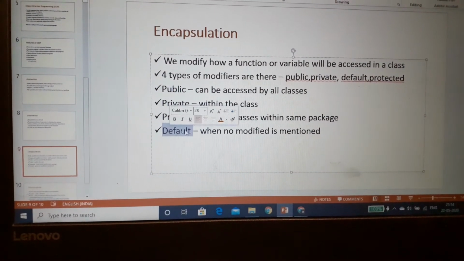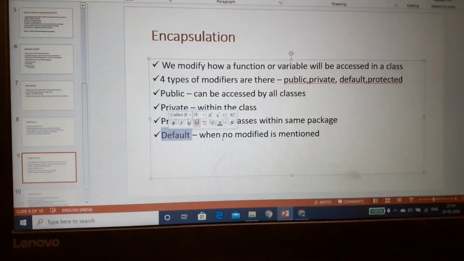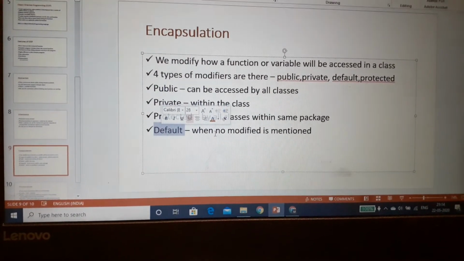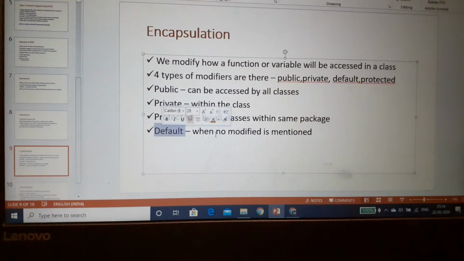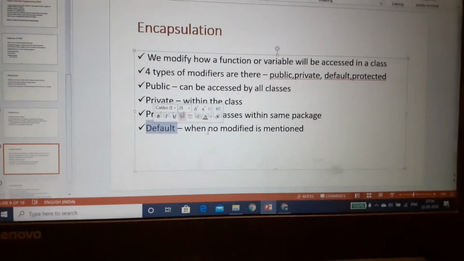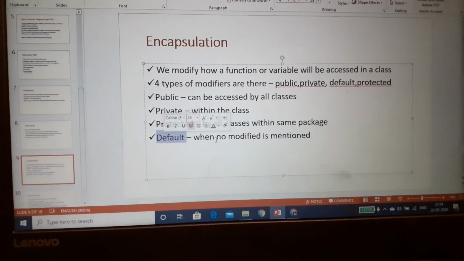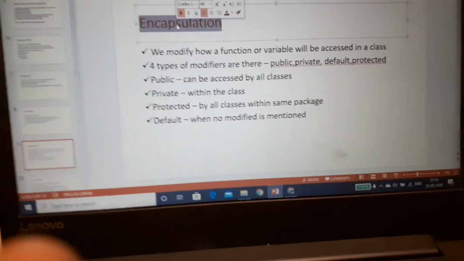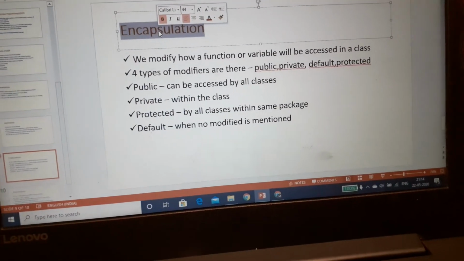And default means when no modifier is mentioned against a variable or function, then it is called default. A default function or variable can be called within the same package by all the classes. So this is known as encapsulation, meaning how the properties are defined for a class.